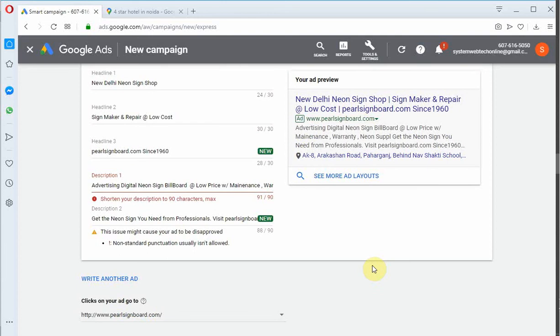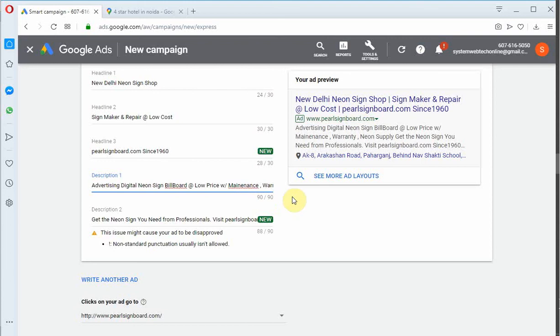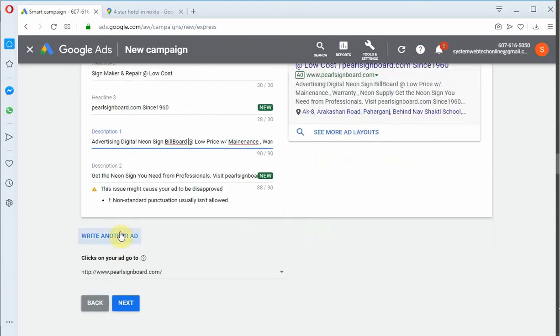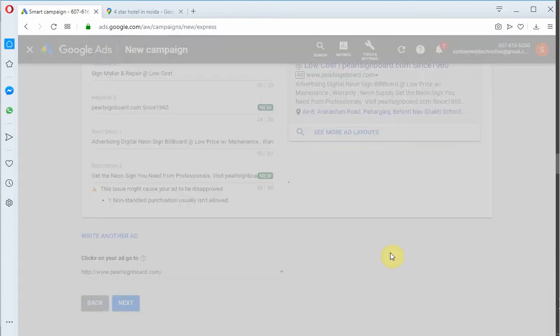you may see the details. Right, so everything we filled it. You may write another ad also, but right now we will save it and move to the next step.